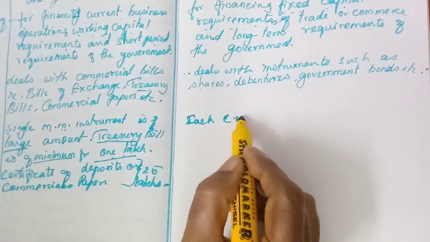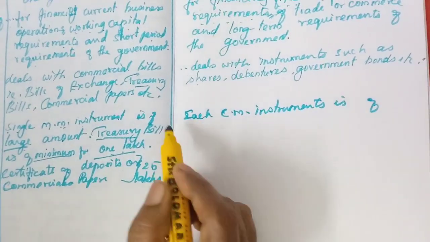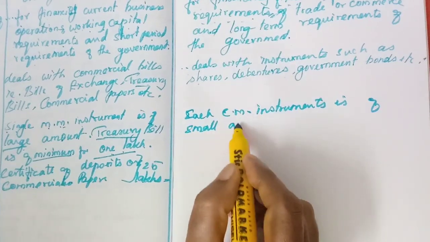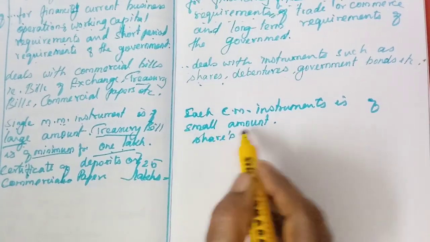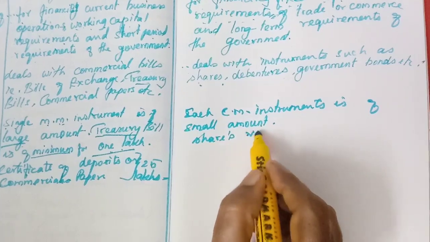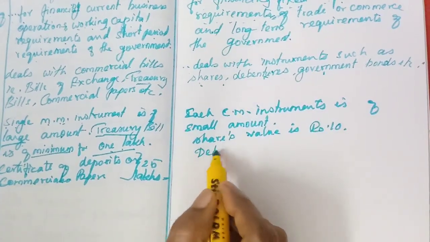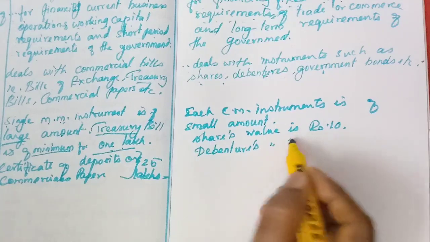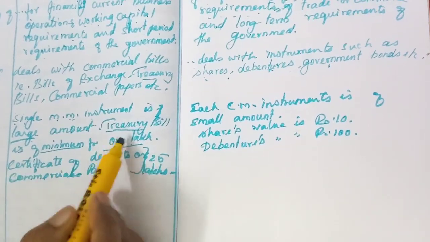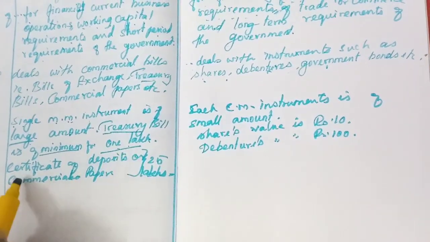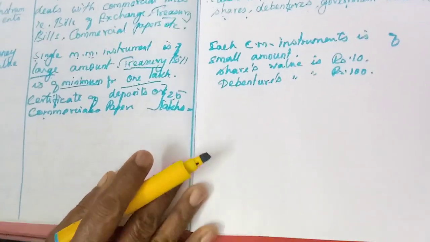Each capital market instrument is of small amount. We can write the example. Here they deal with what? Shares. Share value, or minimum share value, is ₹10. Then another one, debenture. Debentures value is ₹100. So it's a very small amount, but here it is a large amount. Treasury bills value is a minimum of 1 lakh. Then certificate of deposit or commercial papers, the minimum value is ₹25 lakhs. Understood? Now the fifth point,